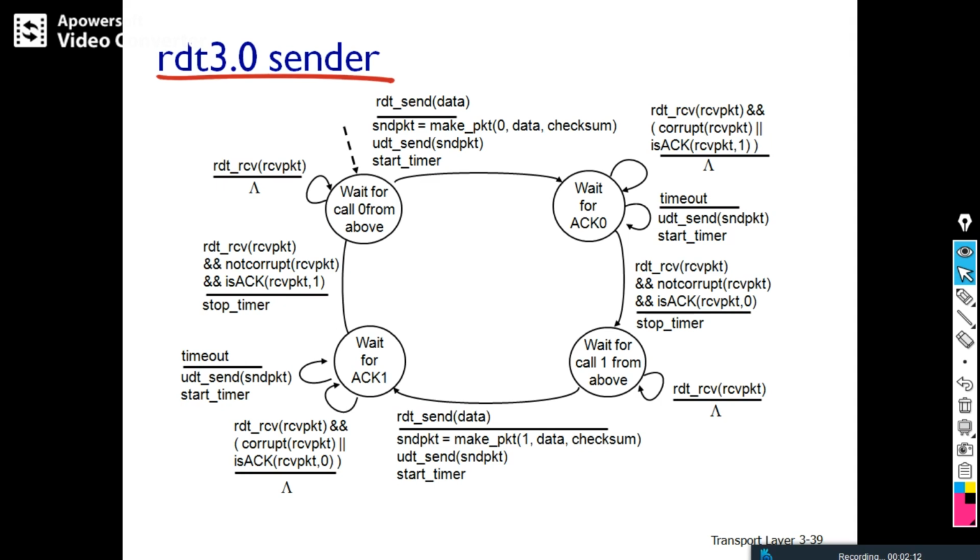Now you see the FSM of RDT 3.0. Let me quickly explain it. It is waiting for the packet.